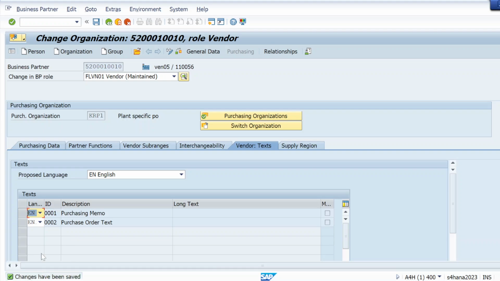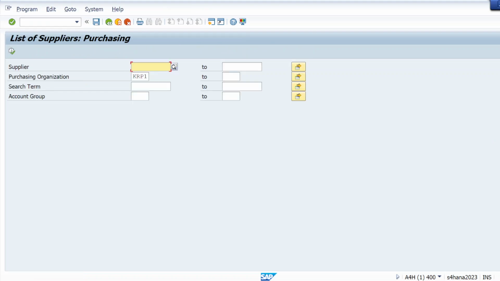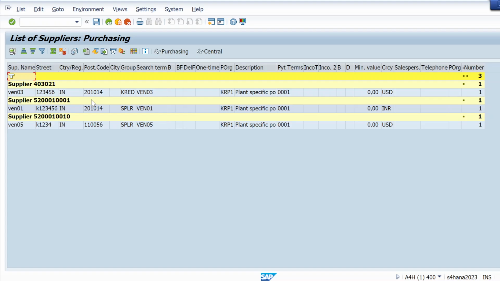Now you can see this is our BP, business partner, and this is also our vendor VAN05. If we want to see our list of vendors, how can we see? We can use T code MKVZ. Here if I want to see my vendor, this one I recently created, VAN05.